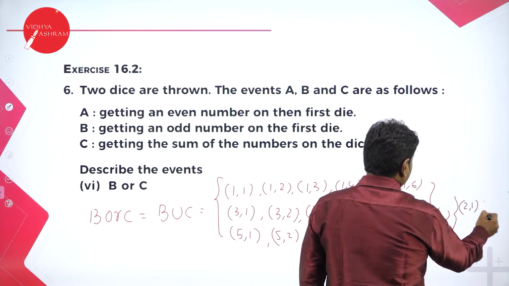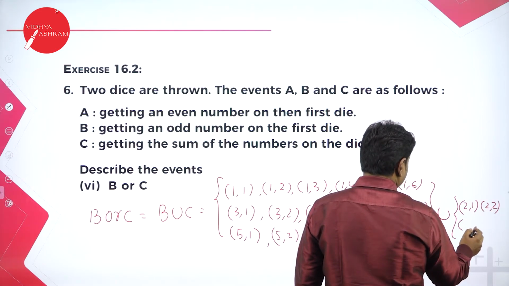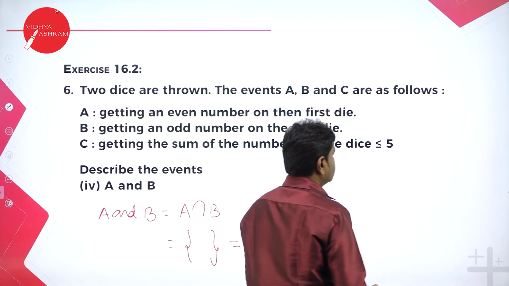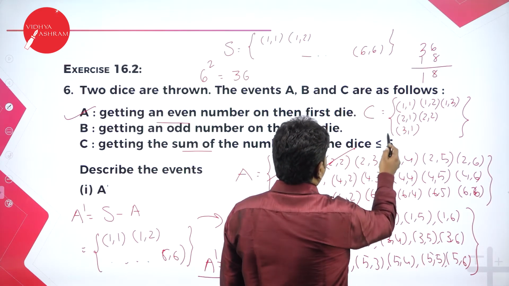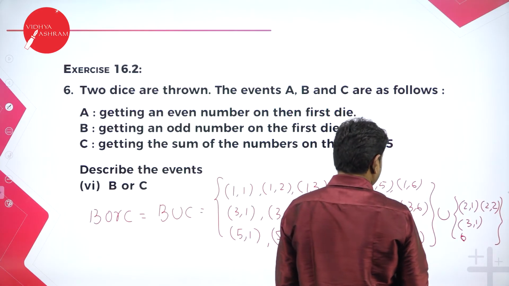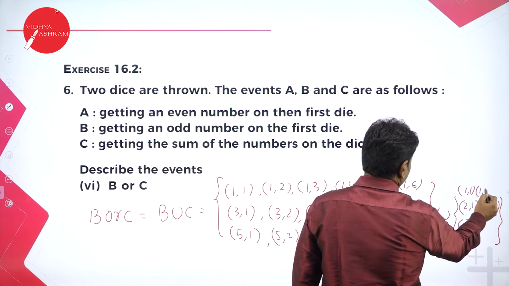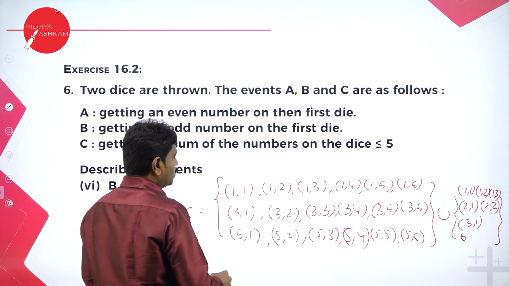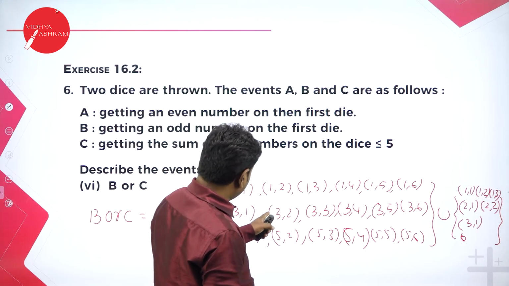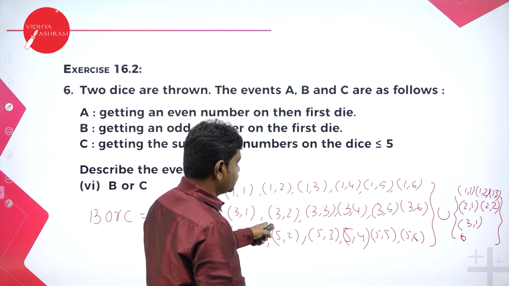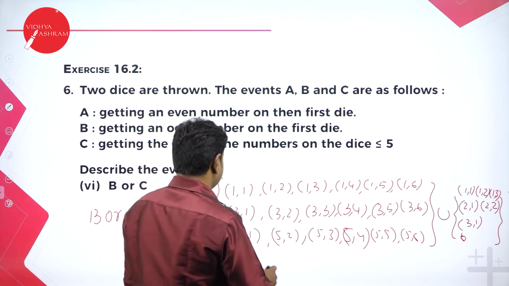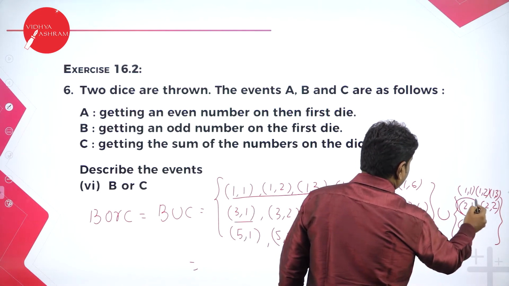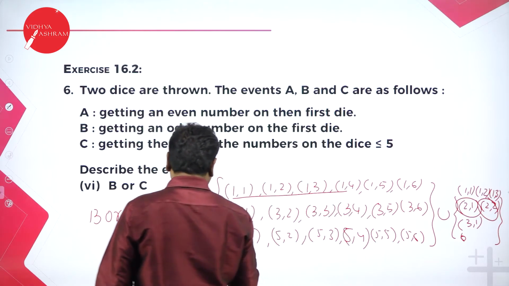So 2 1, 2 2, then with the 3 only 3 1, that's it. We defined C in the beginning. So 1 1, 1 2, 1 3 also, sorry. Now if you combine these two, 1 1, 1 2, 1 3 are there, 3 1 is present, 3 1 is there. The only missing numbers are 2 1 and 2 2, which I should include. So after you combine, you will get the same as B.